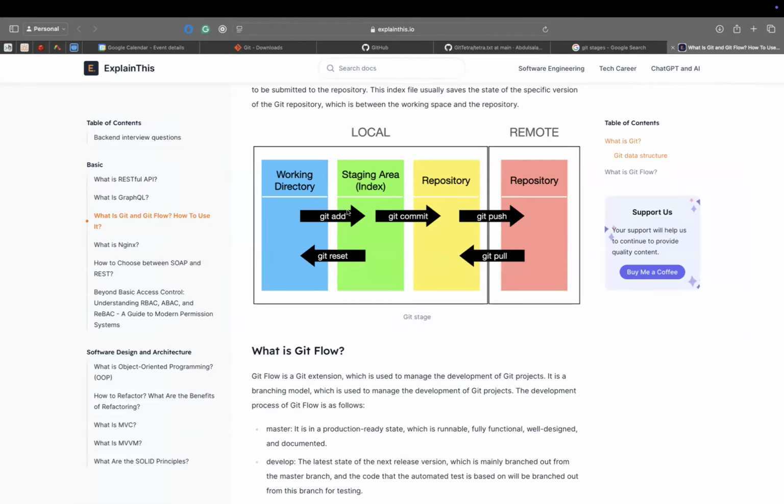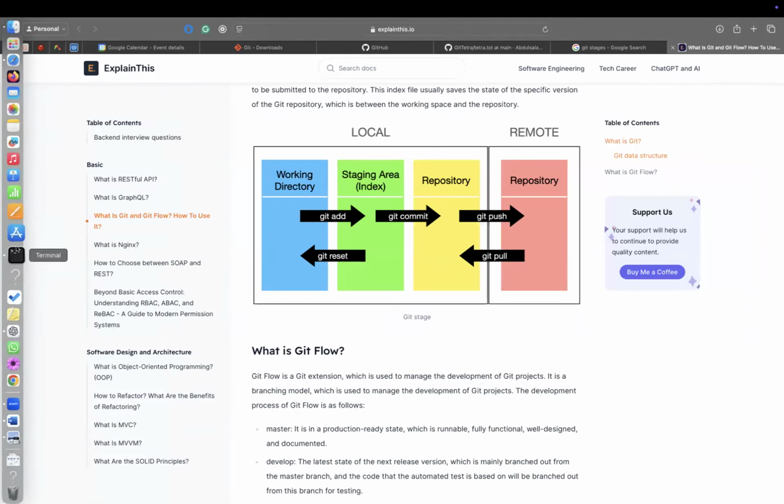Okay, now we are here. We want to go forward. It's in the staging area. Now we have to commit it. So this commit, what it will do, I believe you guys will understand now. It will move it to the .git repository, like I showed you, right? Now we are in the repository. Now it will move it to the .git repository there. So it is saying run git commit